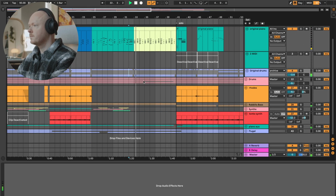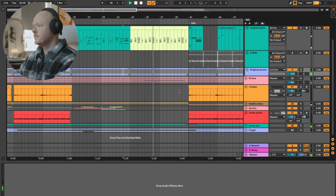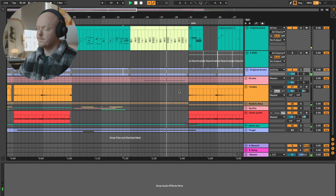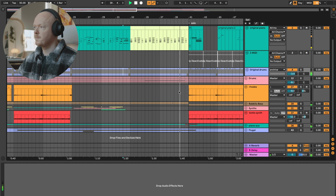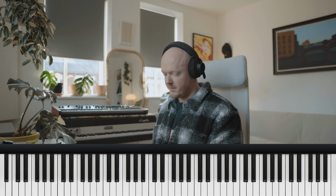I really enjoy coming up with B sections or bridges or finding different ways of connecting different sections. So for this track, here's what I came up with. So here are the chords. I can't remember the exact voicings I used, but it's something along the lines of